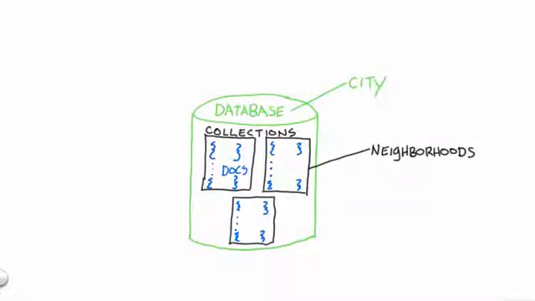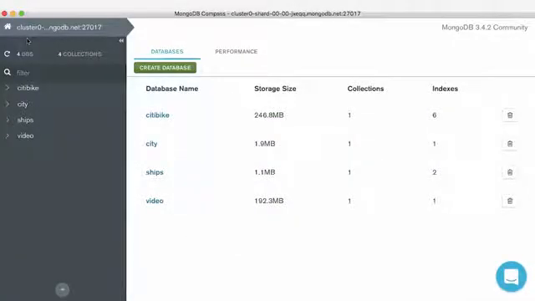Each database and collection combination defines a namespace. We typically reference a specific collection by expressing the name of the database, followed by a dot, followed by the name of the collection. Returning to Compass, here we have a listing of all the databases in this cluster, with